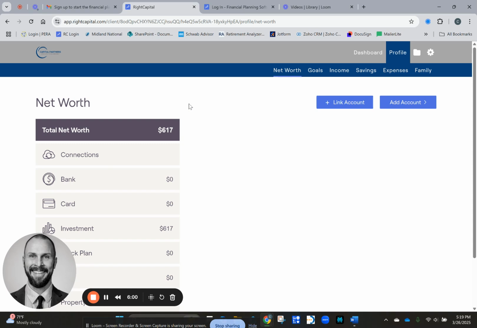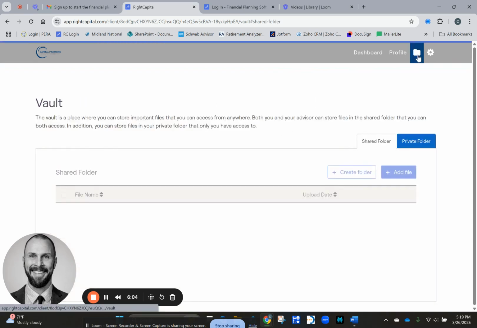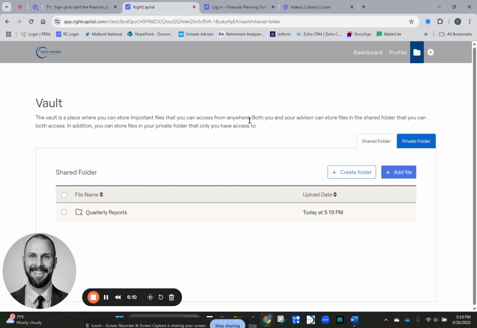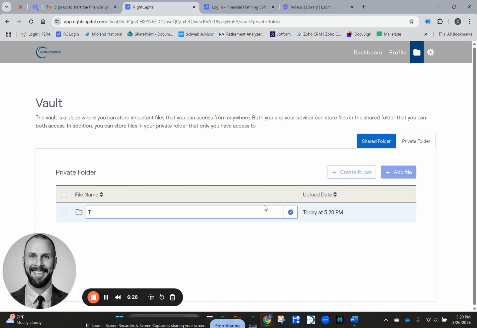And then finally, the last main point, and I should have put this up front, is your quarterly reports are actually going to be delivered to your client vault. So this is a ShareFile where we can securely share files back and forth. If you have investment statements that you want me to review, if you have any kind of policies that you want reviewed, if you have documents or other things that you want to store here, you can come in and store a private folder. You could have your trust documents